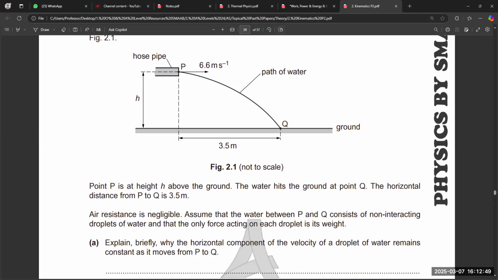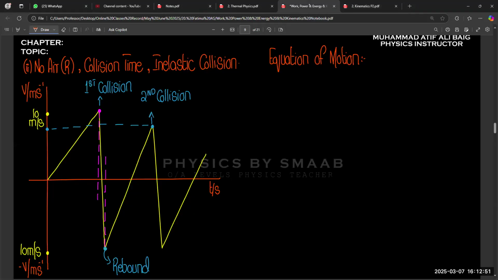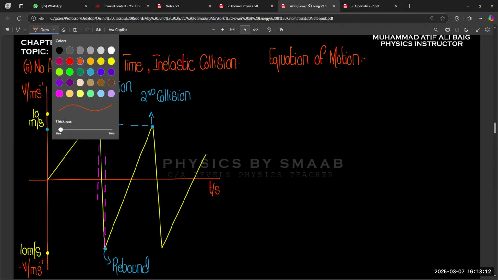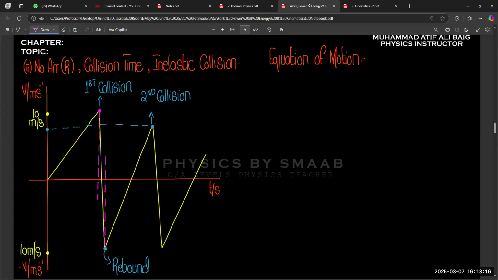So that's why we don't need to worry about the air resistance idea in our questions, because that will become more complicated at this level. Right now we are already learning a new concept, and if we add one more advanced concept, it will be difficult to learn both concepts at a time. So in equations of motion, we know that there are three equations of motion, and those equations are already given in the data booklet at the start of the paper.